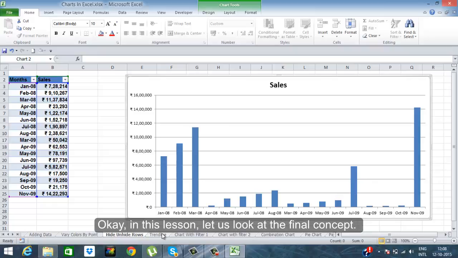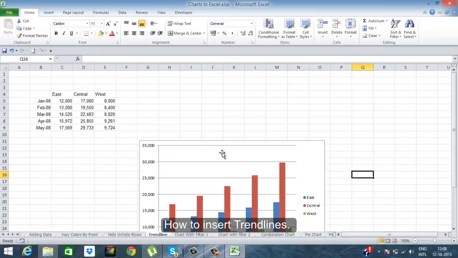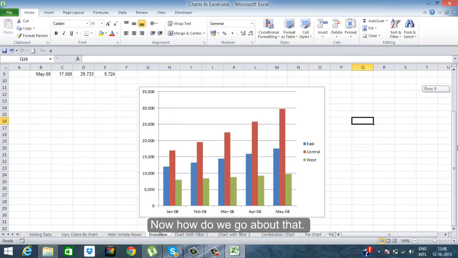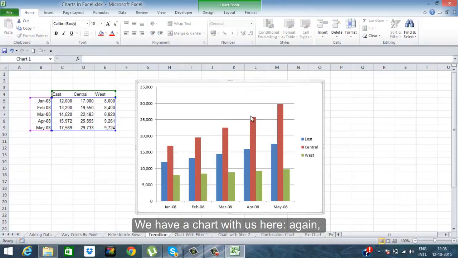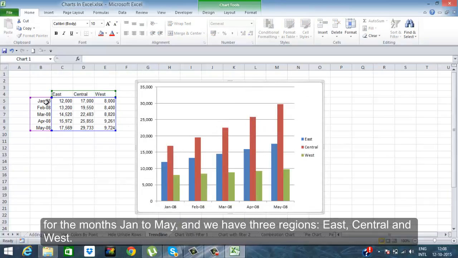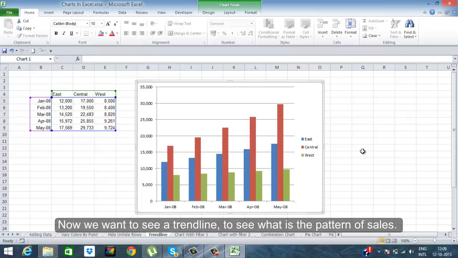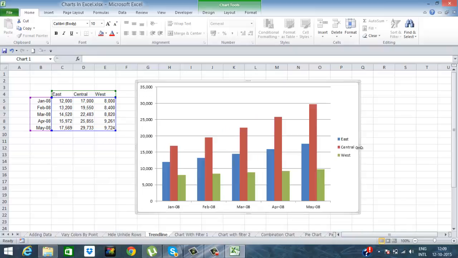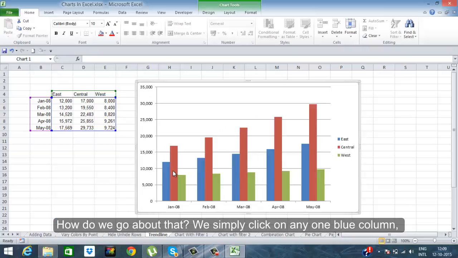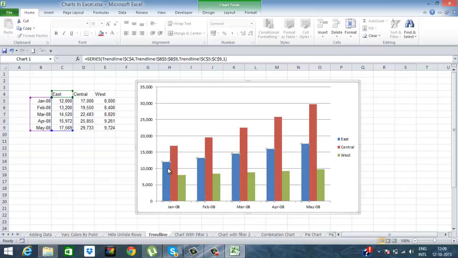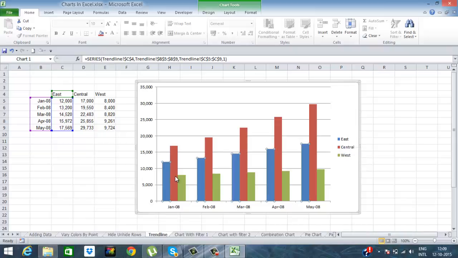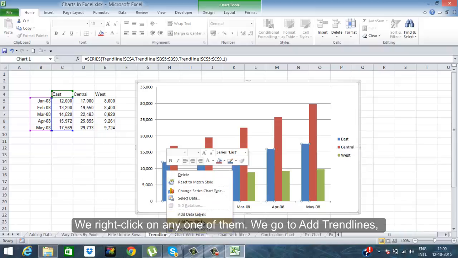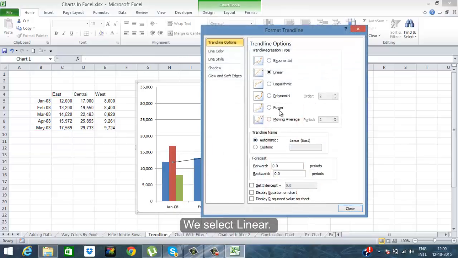Okay, in this lesson, let us look at the final concept, how to insert trend lines. Now, how do we go about that? We have a chart with us here, again for the months Jan to May, and we have three regions, East, Central and West. Now we want to see a trend line to see what is the pattern of sales. How do we go about that? We simply click on any one blue column and all the blue columns, which means all the columns for the region East get selected. We right click on any one of them, we go to add trend line, we select linear,